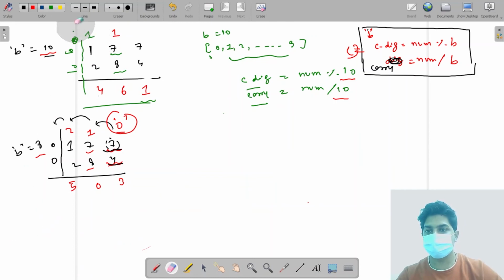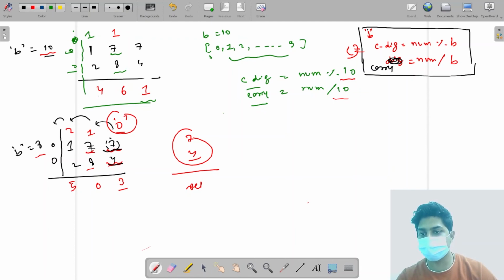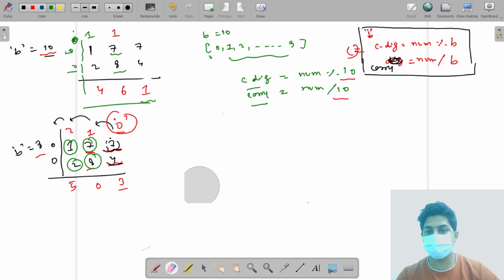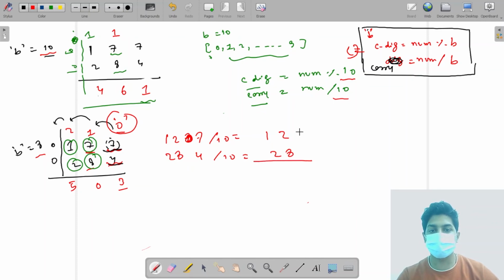So for the first time we took 7 and 4, added these two numbers, applied this formula, and got the current digit and the carry. Next time I want 7 and 8, and after that I want 1 and 2. So how do I get these elements? For the first time we get 7 and 4. After that, I will divide 127 by 10, which becomes 12, and divide 284 by 10, which becomes 28. Now if I take modulus with 10,